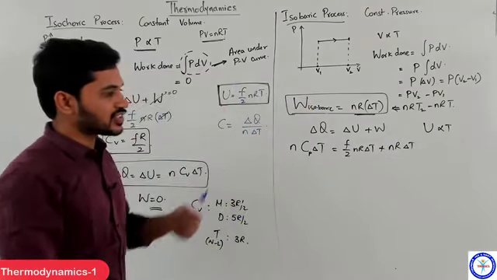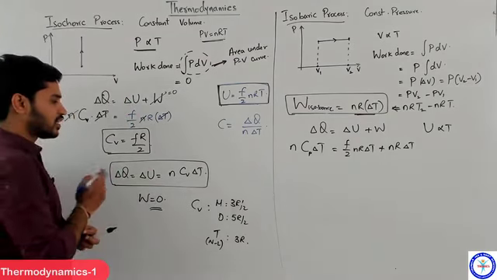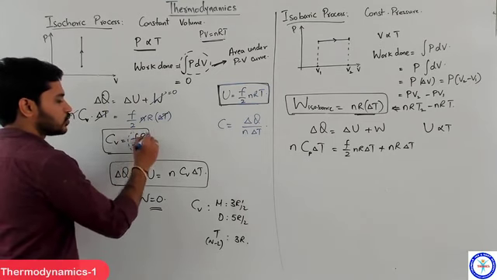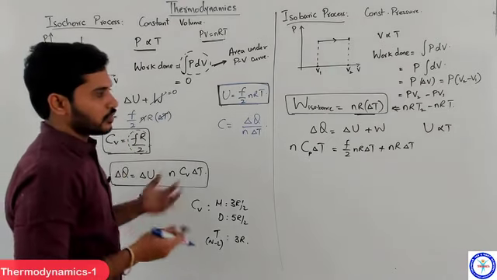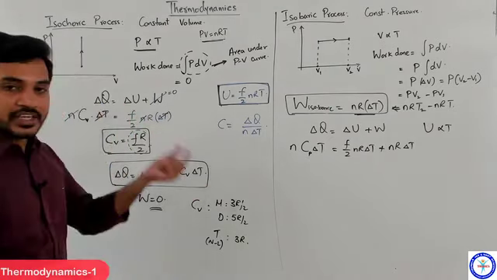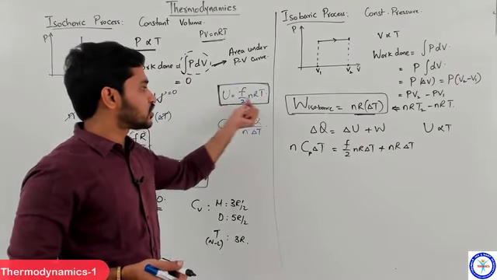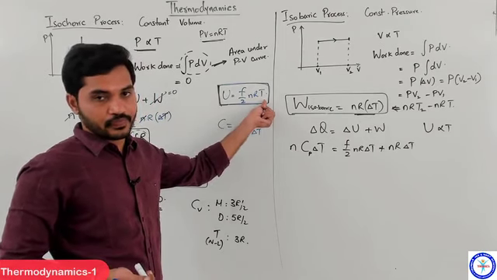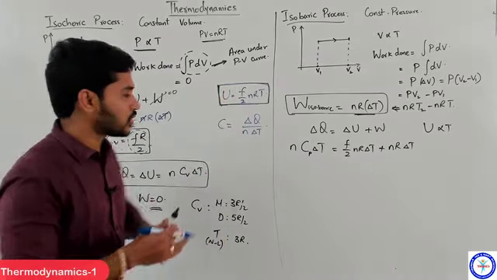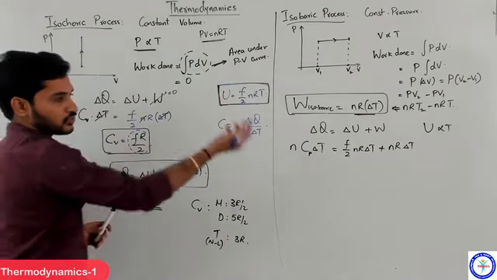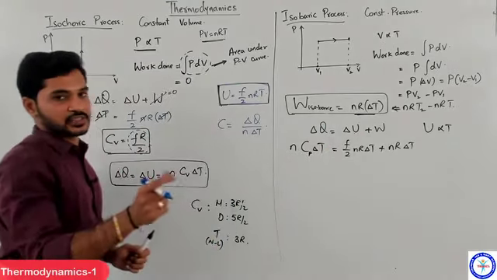Clear, students? So this is the expression that we get, and if you observe closely from the earlier calculation that we have done, we know that the value of Fr by 2 is numerically equal to the value of Cv. Yes or no? What I am trying to say is the expression that we write for delta U, because U is directly proportional to temperature, delta U is directly proportional to change in temperature. Yes or no? And this expression will remain the same for any process that the gas undergoes.